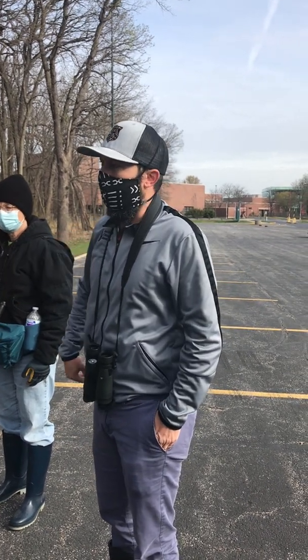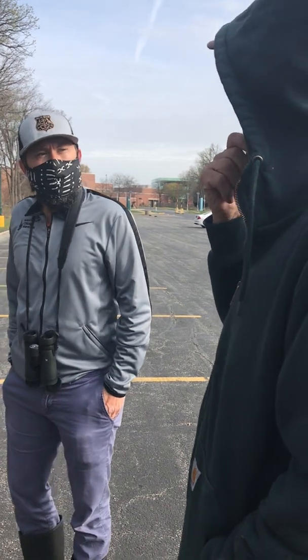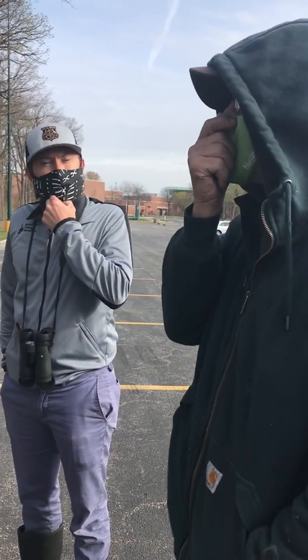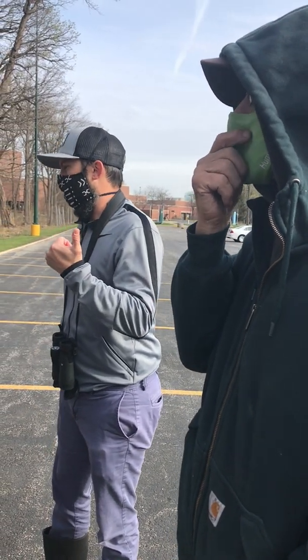that marshy area. I've seen woodcocks up there. Have you? Yeah. Okay. And I remember one year a sora with little babies. Oh, that's great. Yeah. So what Ken's referring to is a sora is